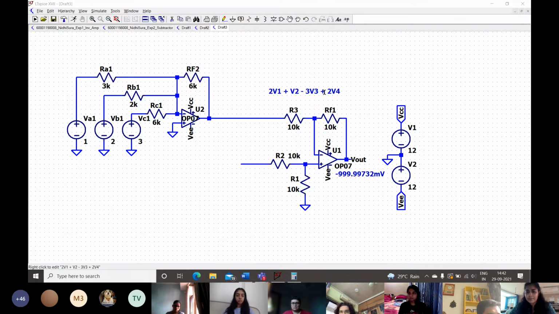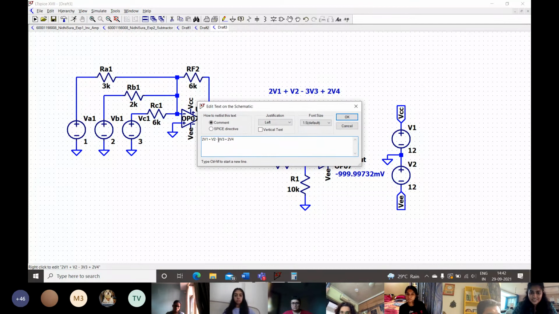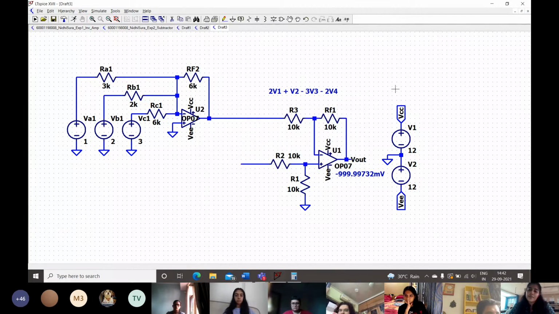I think I forgot to add a bracket in this equation. Or we can just add a negative sign here. Yeah. And I'm going to apply the summation of these 2 voltages to our inverting terminal. So we can delete this right here.